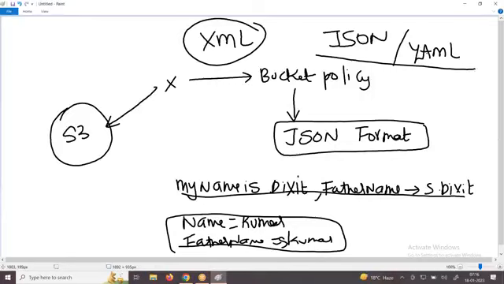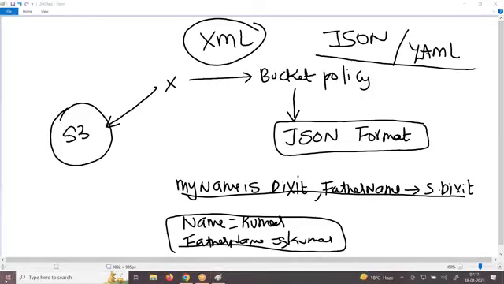Sir, how do I write a JSON format? I've already kept a video taking Mahatma Gandhi and Nehru examples. Go through that video on YouTube and you'll clearly understand what JSON is. But let me explain here also. Sir, what is JSON? Can you provide me an example? How do you write it? So people can write like this.